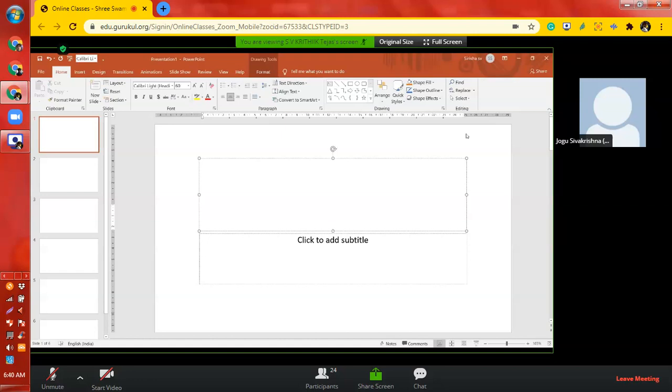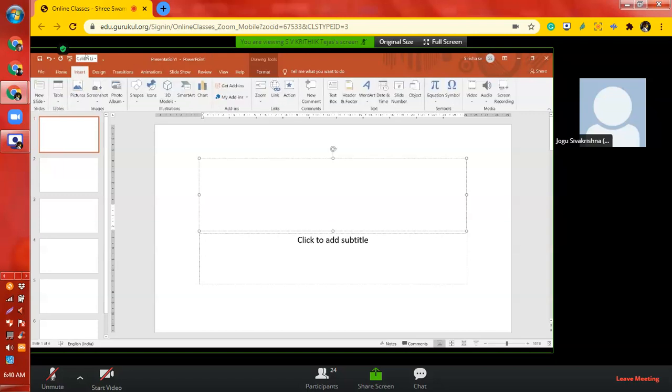So go to Insert, Kritik. Yes, there you can see header and footer, besides WordArt, on the left side. You can click on it.